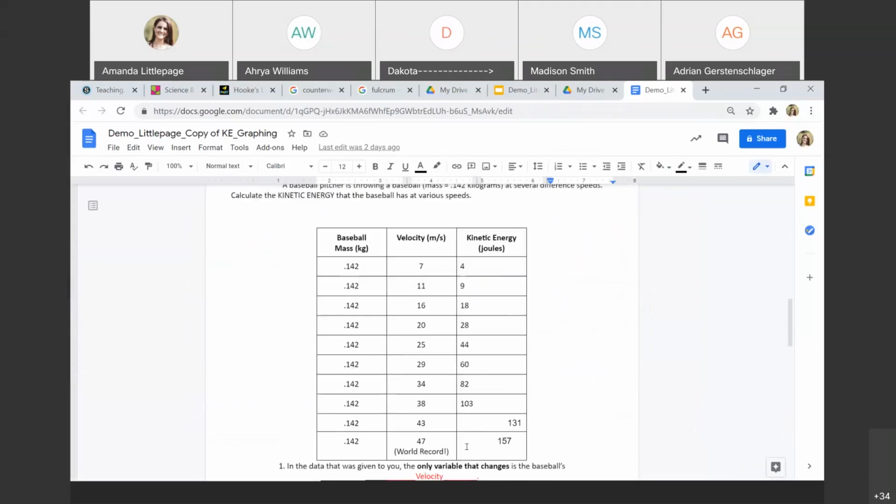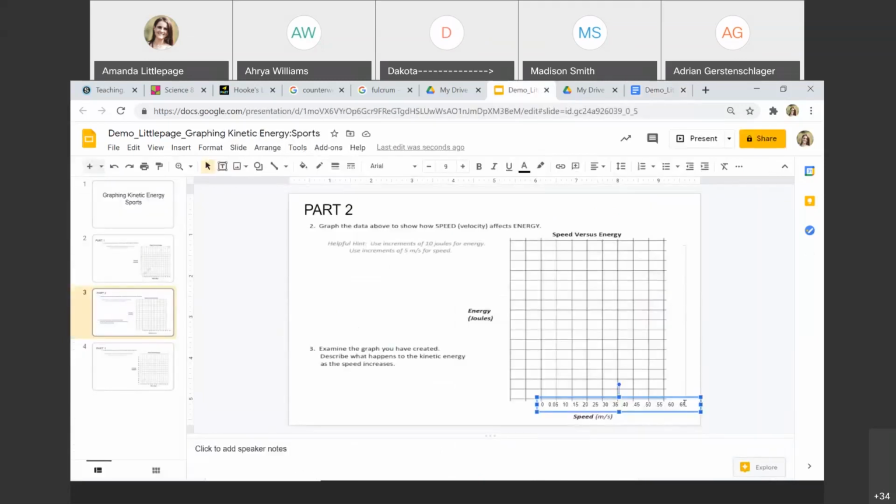So for this one, this is your speed. Remember, speed changes. So your velocity is 7, 11, 16, 20, etc., all the way down. And then these were your kinetic energy measurements. So you're again following the same pattern. All you would have to do once you've copied and pasted it on here is go in and change your values, adjust them. And then you will plot your points on the chart just like you did in the